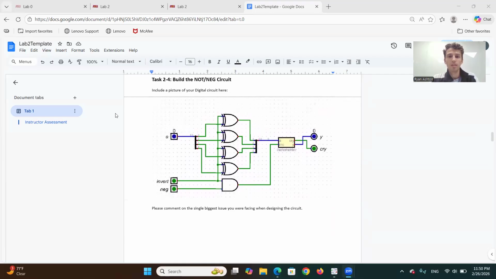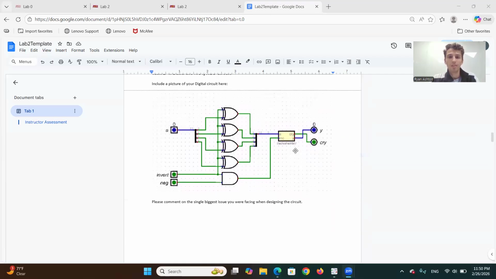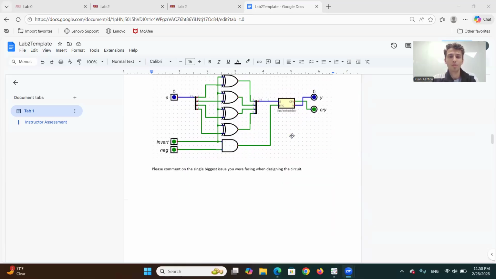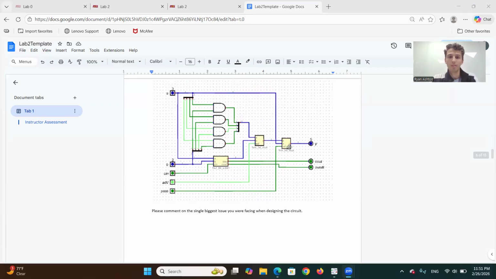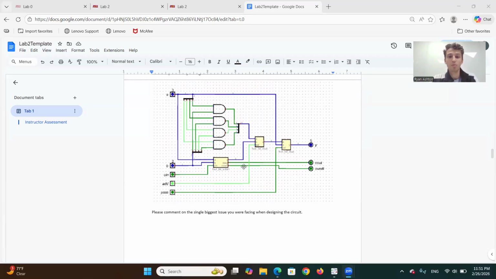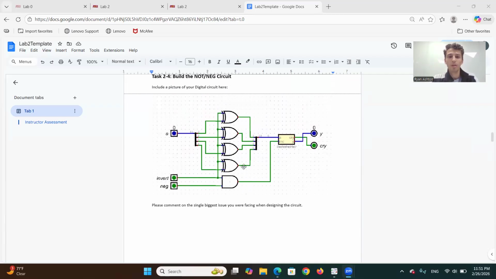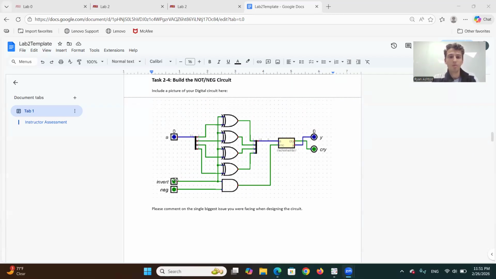the not and negate circuit. I think one interesting thing was trying to make these switch places. It wasn't until later that I found out that you can go into the settings and edit this. So for what I had to, just move the wires around. But then I later found out here that you can just rearrange the order of your inputs and outputs, which was very helpful to learn. But understanding how this would invert and make negative, or in other words, the two's complement of a digit was